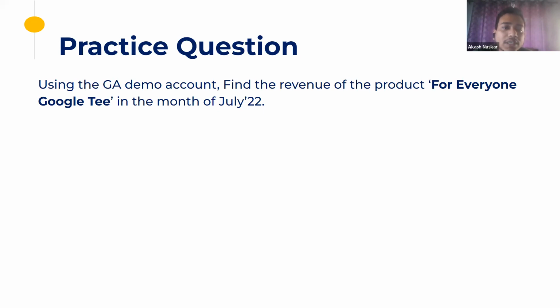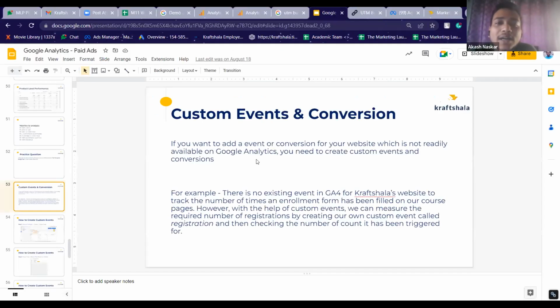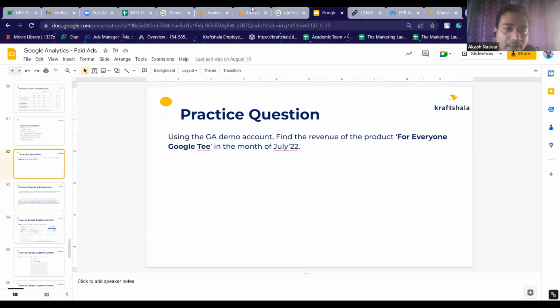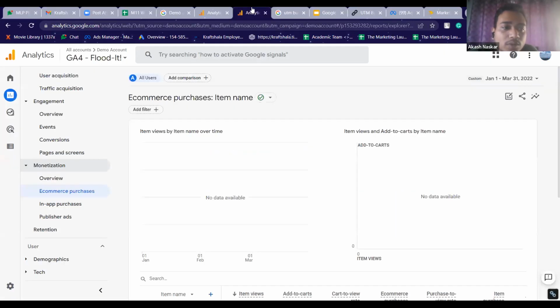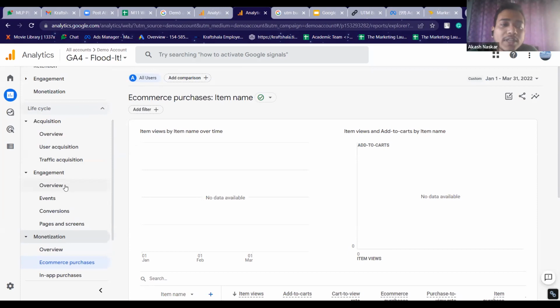Anyone? Yeah, Saurav. Akash, could you please once again show the UTM links, how to find them in the analytics? So once you're on the analytics page, first you need to understand where you want to see the UTM links. You want to see the UTM links as a division of your paid search, organic, or as part of the conversions or the events.